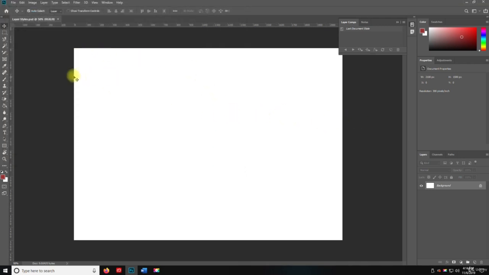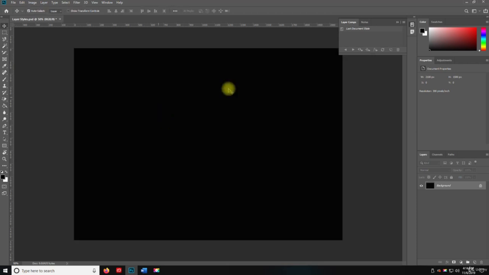Okay, and then what we're going to do is we're going to add the color. I'm going to go to the default black here. I'm going to grab the paint bucket and I'm going to paint the canvas. Then we're going to come over here